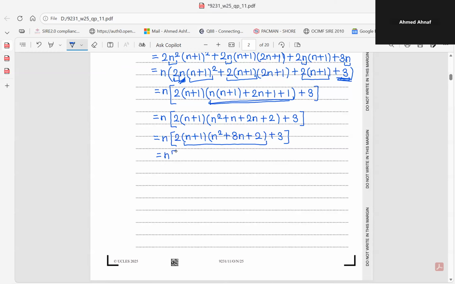A shortcut way to do this is to start with the term with the highest degree first. In this case, to find the term with the highest degree, just take the terms of the highest degrees in each bracket. So you take n for this one and n squared for this,